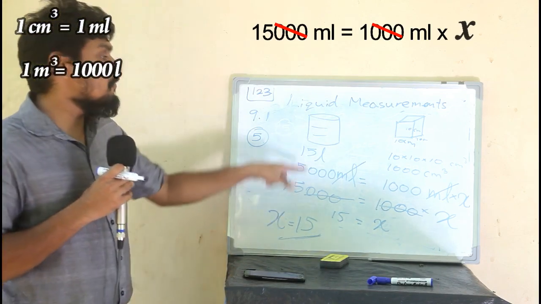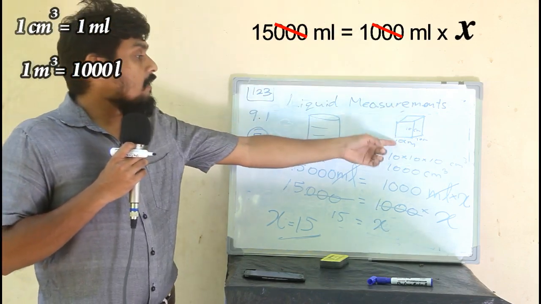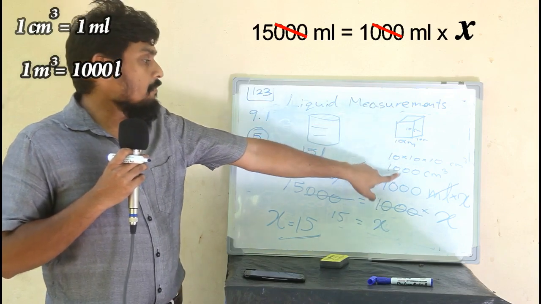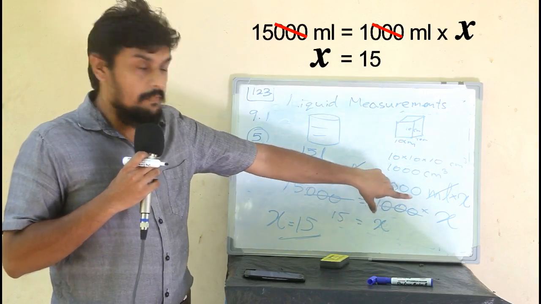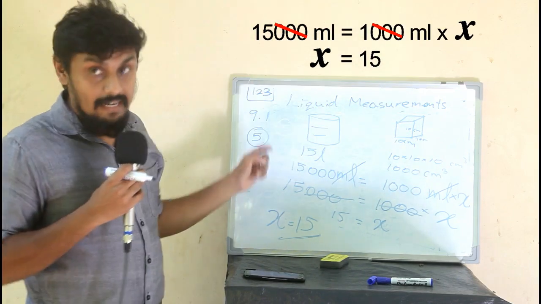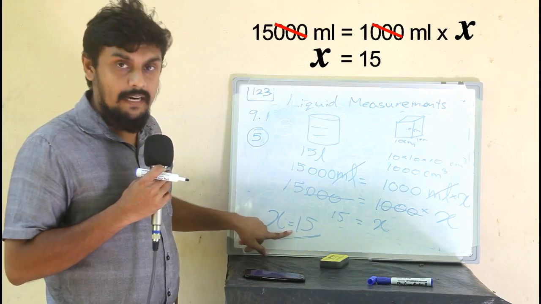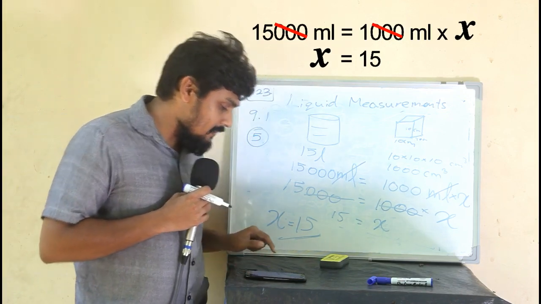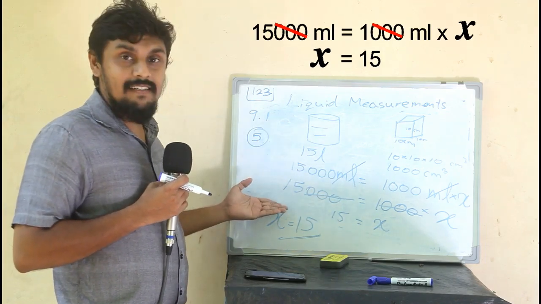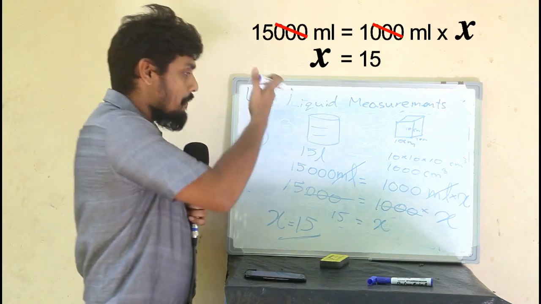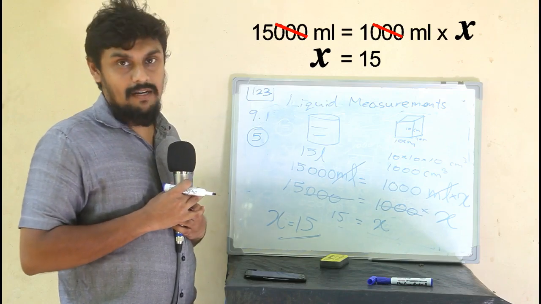So how many times? 15 times you need to put this type of measuring liquid. That means 1000 cubic centimeters, that means 1000 milliliters, that means 1 liter you have to put inside this barrel. How many times? 15 times. The answer is 15. Yes, the answer has been given as 15, so we have proved in this method how to find the answer. This is the method, then you will get the complete answer and the complete marks also.